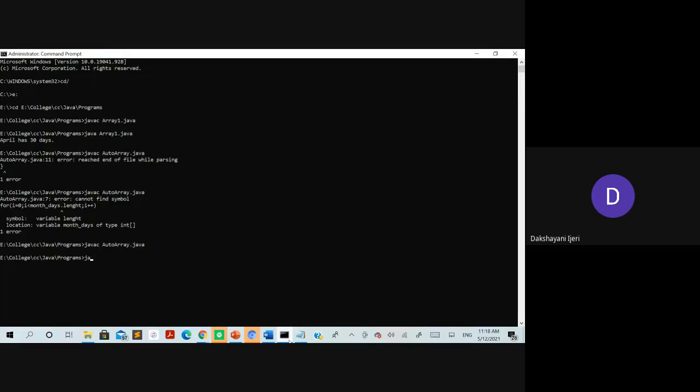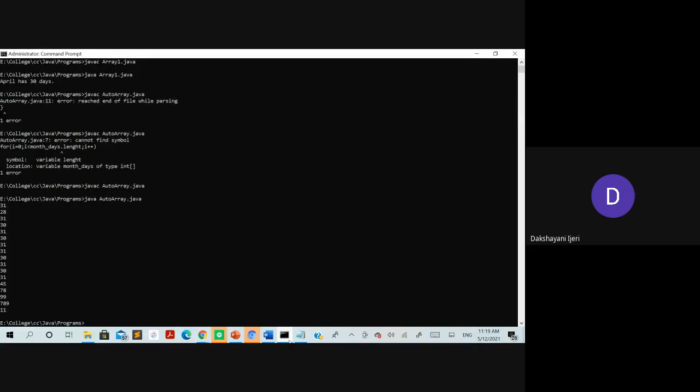Okay. So now you can see you are able to print all the values here, isn't it?